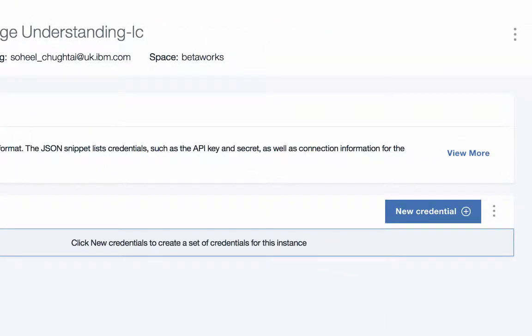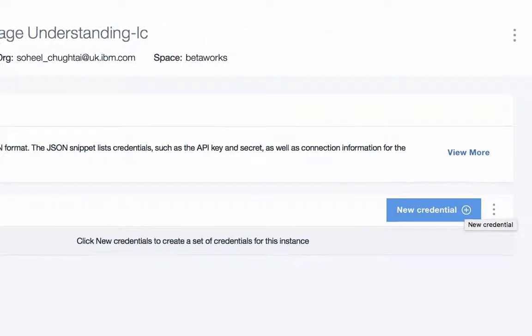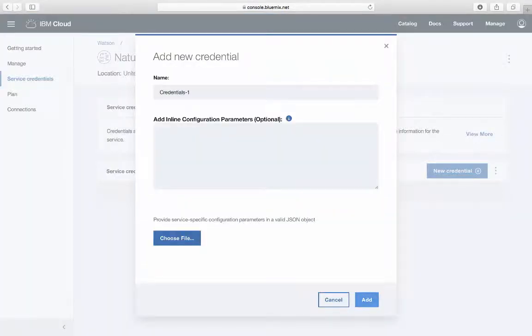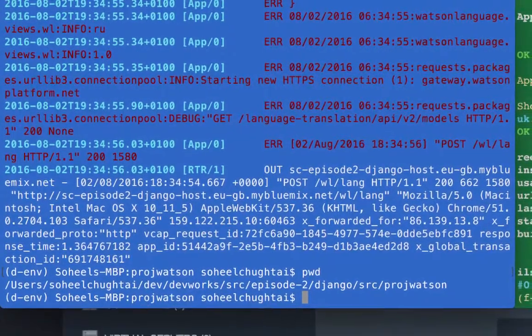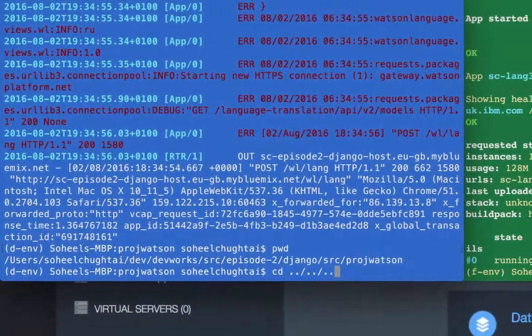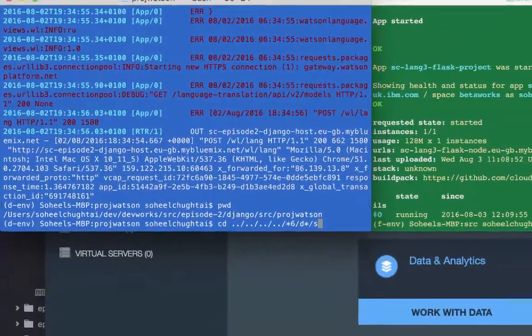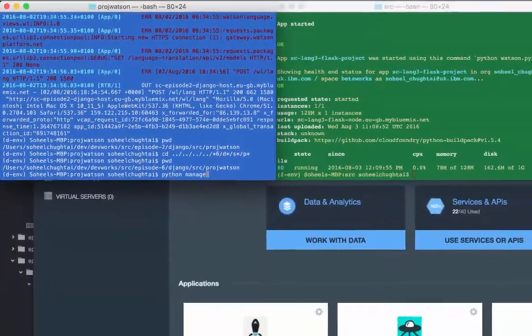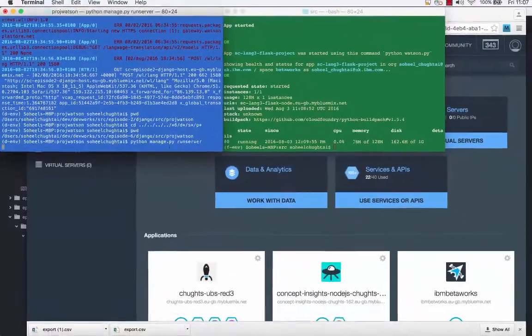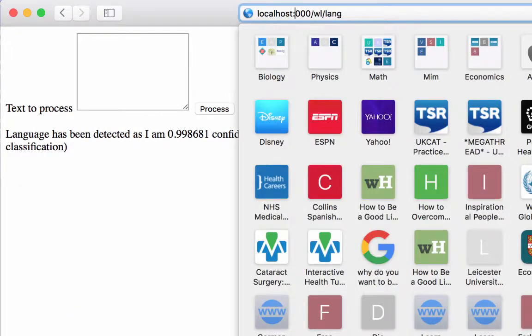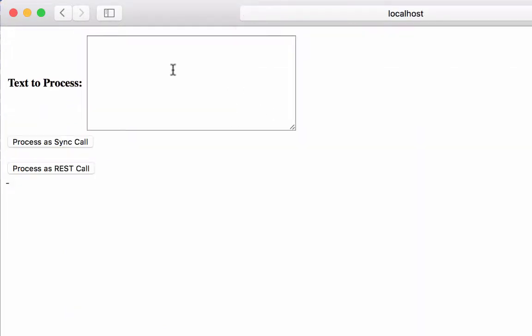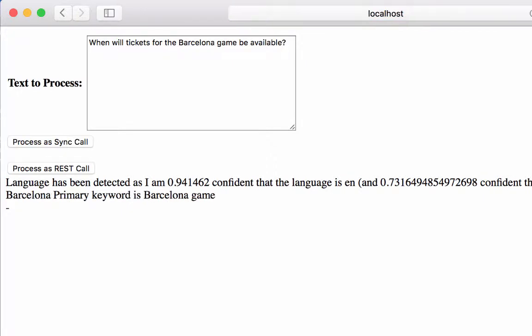click on new credentials, and then click on Add to get our credentials. Once we've got the key and we've added that into our code, let's switch to the Django virtual environment, switch directories to the project that we've been editing, and run the application locally. Let's take a look. Running on port 8000 because this is Django. We'll tap in some text, taking into account our application is a box office application. And here we can see